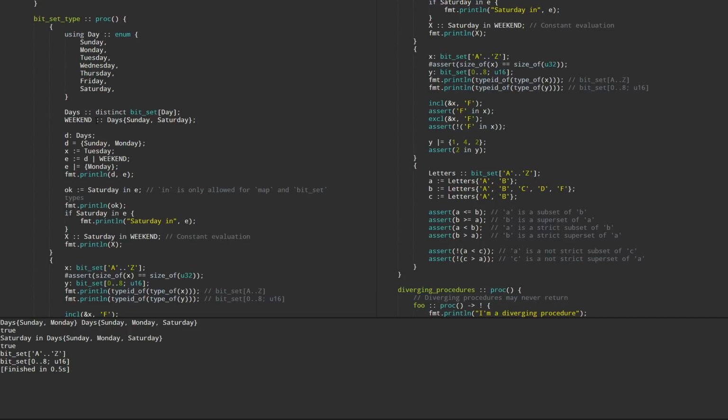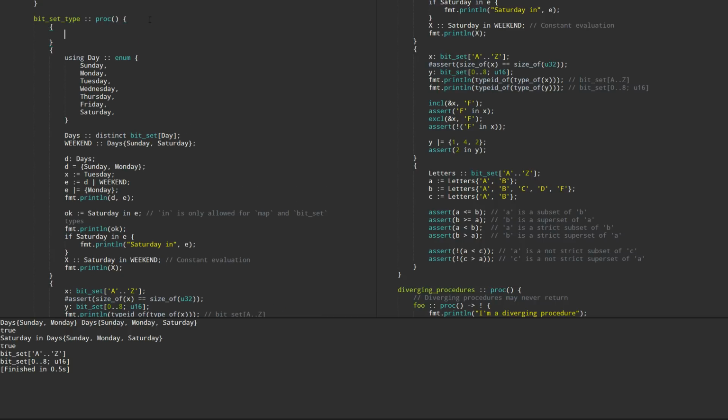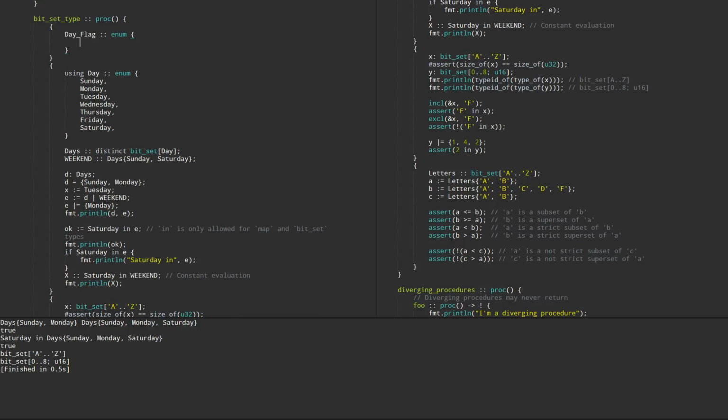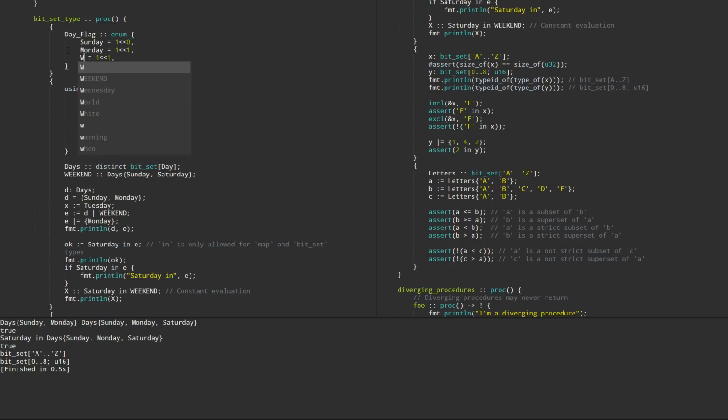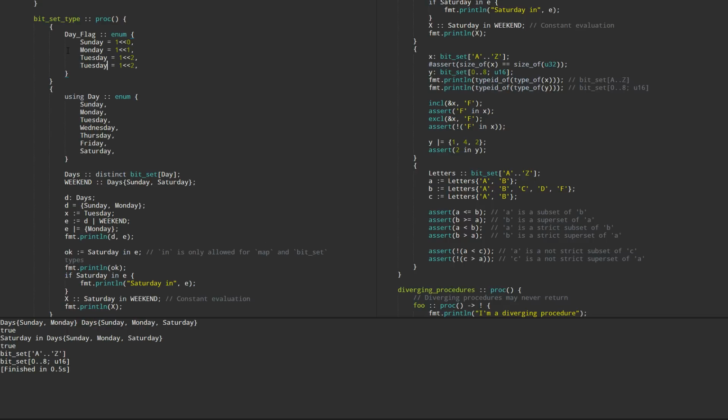So just to explain how people do it in, let's say we're doing C++, to do the exact same thing here, yeah? You could call this a day flag. You'd have an enum, you'd have Sunday, and then you'd do that. You then have Monday, you do 1. You'd have Tuesday, you'd have 2. You can see where I'm going with this, right? Wednesday, 3,